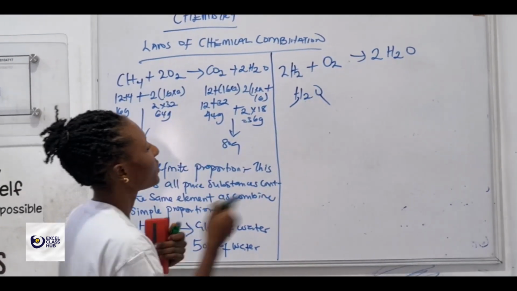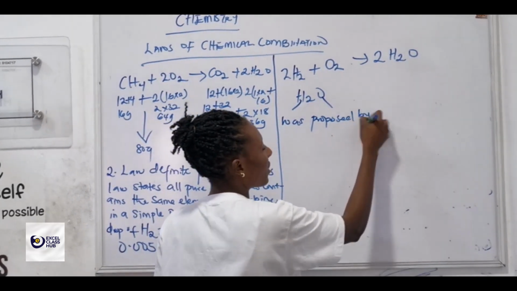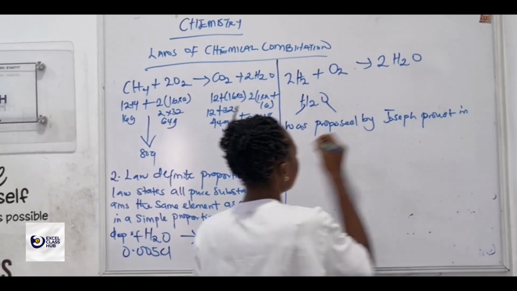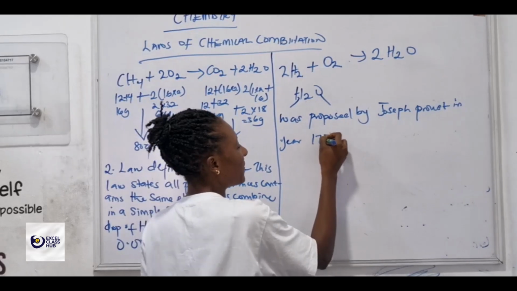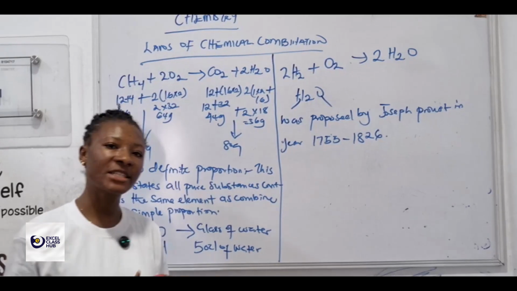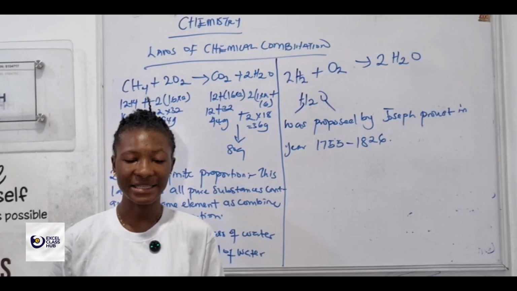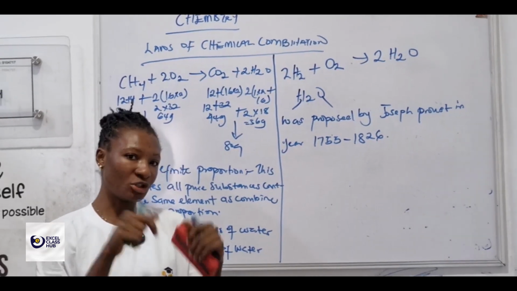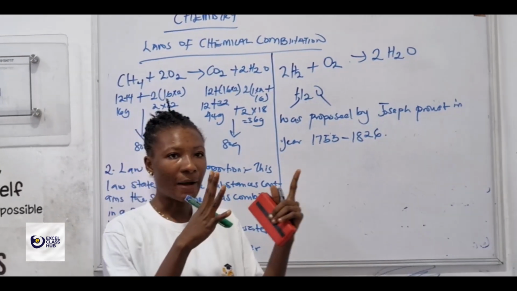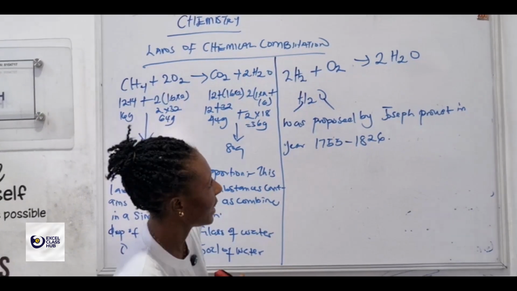And this theory was proposed by Joseph Proust in the year 1755 to 1826. Irrespective of the quantity of water you're using, the same elements hydrogen and oxygen that combine to give us water, a drop, are the same elements hydrogen and oxygen that combine to give us a river of water, just that their quantity is different. Then the third law